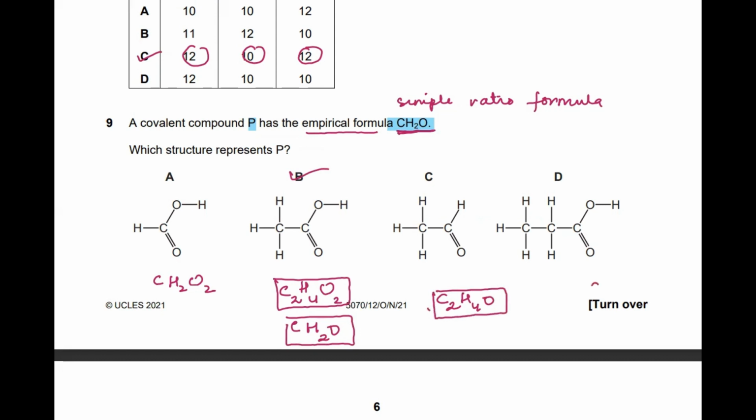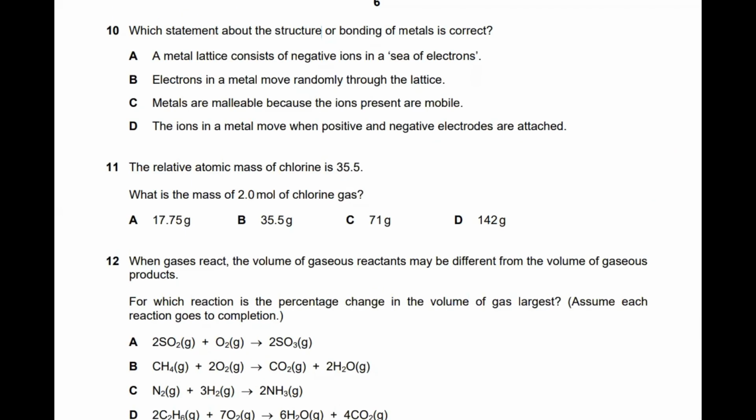Coming to the D part, we have C3H6O2. So again, this cannot be simplified. It is itself simplified. We have the correct option, that's basically B. Moving to question number 10, it says, which statement about the structure or the bonding